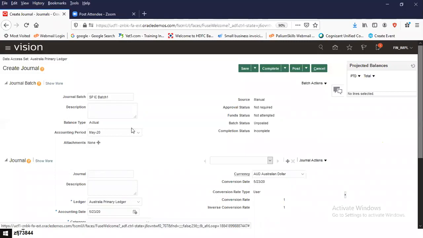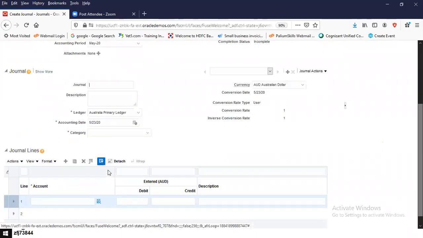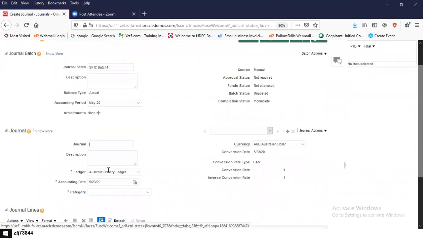We can leave the accounting period as it is, and we'll have the name, we'll specify the same name. Journal. Okay, and